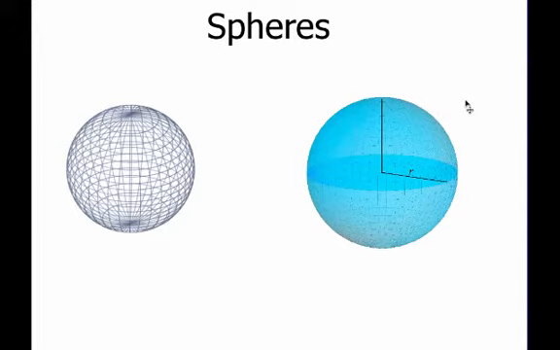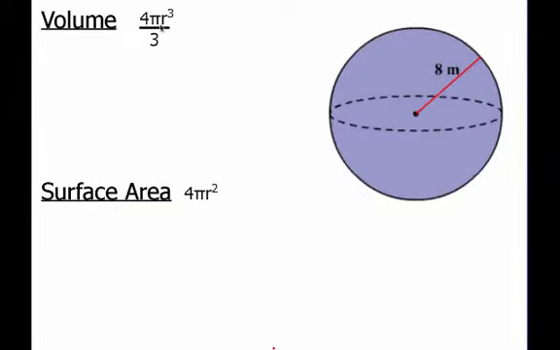In this video, we're going to be discussing the volume and surface area of spheres. So here we have a sphere that has a radius of 8 meters. The radius being defined as the distance from the center of the sphere to any point on the surface of the sphere. So we know our radius is 8 meters, and our formula for the volume of a sphere is